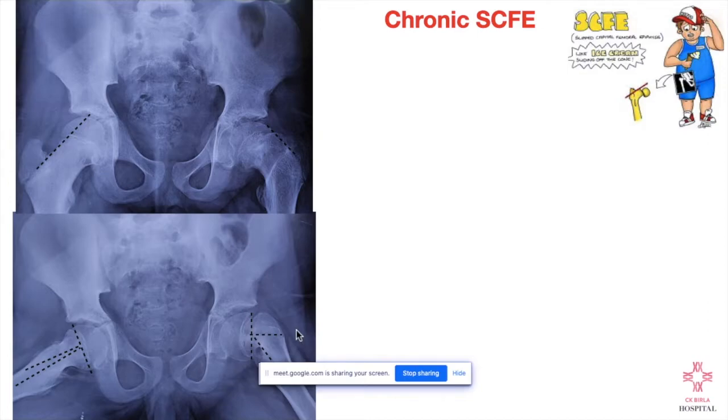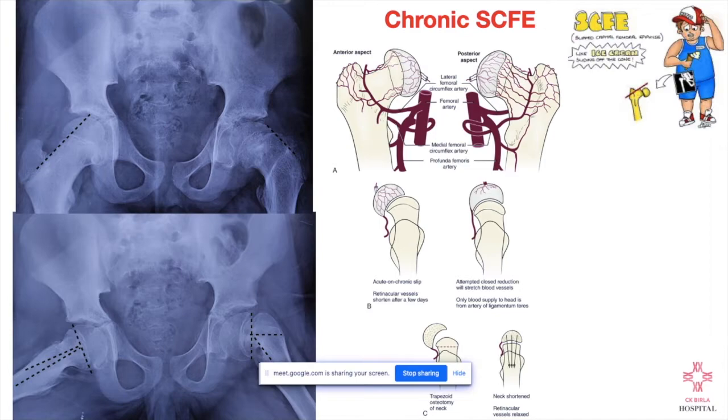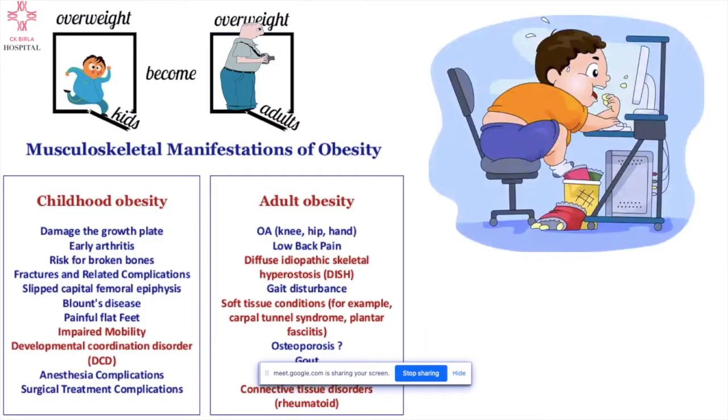This is again a difficult problem because it has stabilized over a period of months, and a simple open reduction won't help. This needs an osteotomy of the neck of the femur to relocate it. It's a complex procedure known as the safe surgical dislocation and a retinacular flap technique, where the retinacular flap is elevated like this behind the neck of femur. The part of the neck is osteotomized, and as you can see here, this is the blood supply. This retinacular flap has the blood supply, so this is preserved so that the head remains viable. The neck is shortened with an osteotomy and fixed with screws. That is how the deformity of these stable SCFEs is corrected.